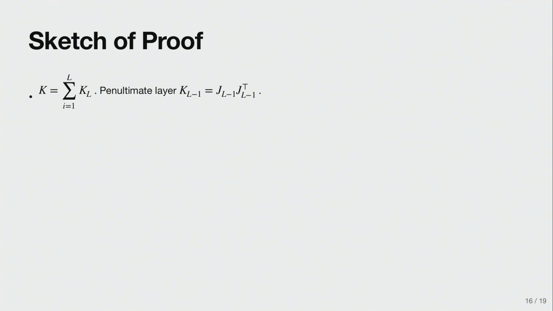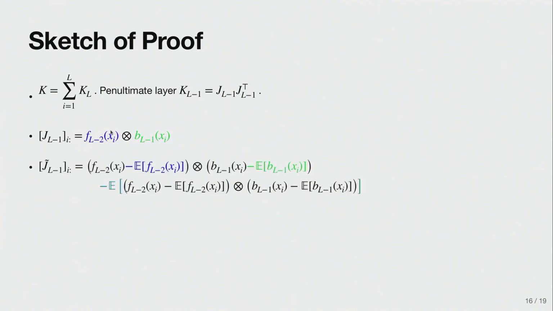This is the neural tangent. The neural tangent is a sum of PSD terms. And so we can work only on the penultimate layer, which is the easiest for our purpose. This penultimate layer has the rows that can be written in this way, Kronecker form. This form is not Hanson-Wright friendly, so we center it. We show that the thing we want to prove the bounds on is lower bounded by this new object.